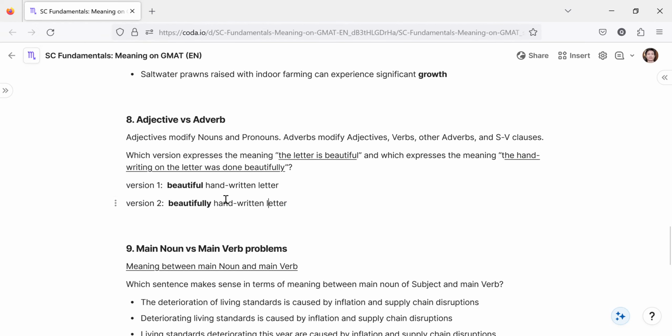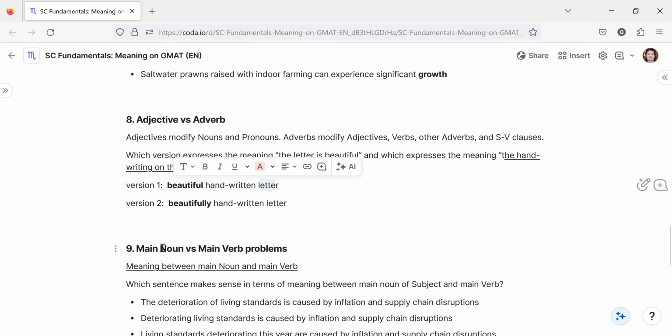Well, just to make it a little clearer, here is the difference between these two. When you say a beautiful letter, you're not specifically talking about the handwriting. You could be talking about the design of the letter, the shape of the letter, or the colors of the letter that make it beautiful. But when you say a beautifully handwritten letter, then you're talking specifically about the handwriting, the words, the strokes of the pen, very beautifully written, very elegant, or something like that. So that's the difference.